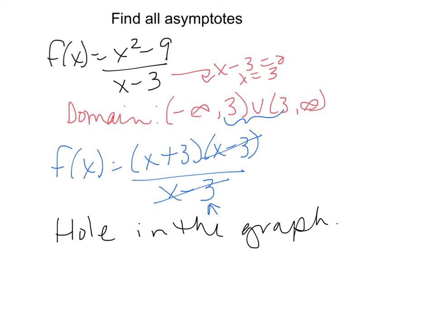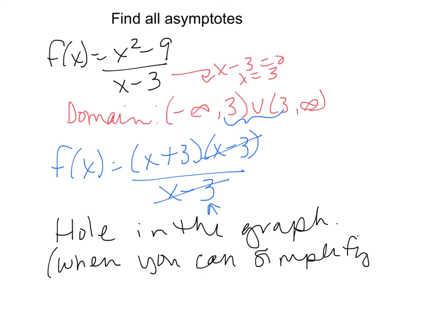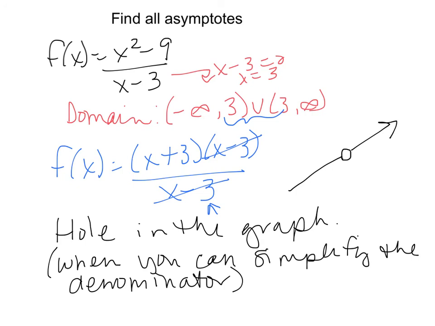So anytime you can simplify your rational expression, that becomes a hole in the graph. So a hole happens when you can simplify the denominator. So anytime you can simplify out that denominator, cancel that out, that gives you a hole in your graph. So my graph actually looks like that. It's a line of y is equal to x plus 3. And if I'm looking at this at 3,